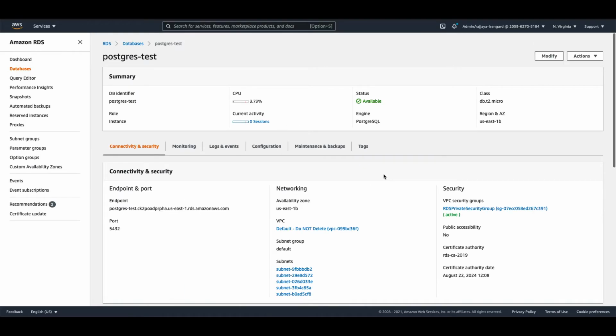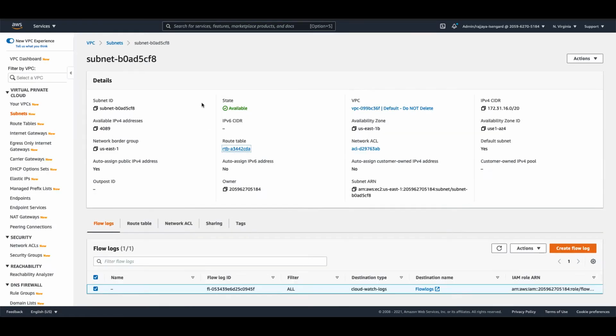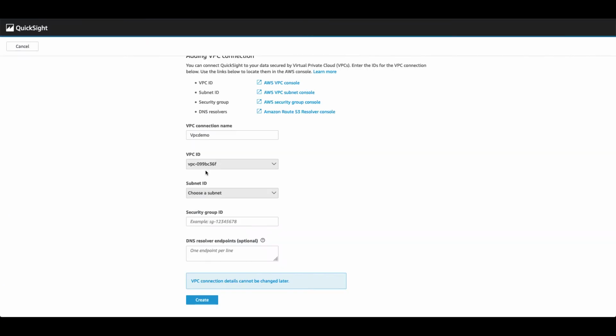An RDS instance will have an IP associated with it, and that IP is based on the subnet where that RDS instance resides in. So for example, the RDS instance that I have here resides in a subnet ending in CF8. So I will choose this subnet and use that when creating my VPC connection.